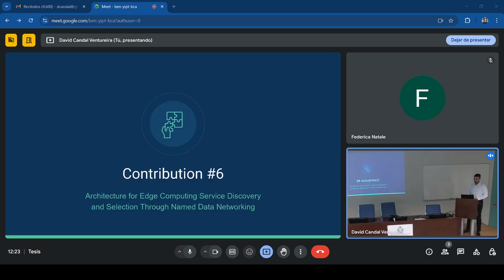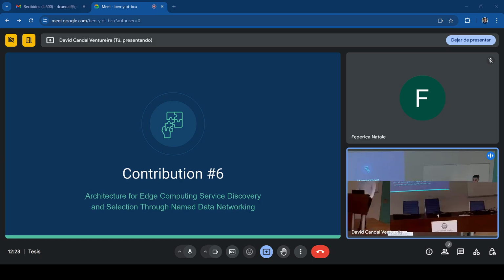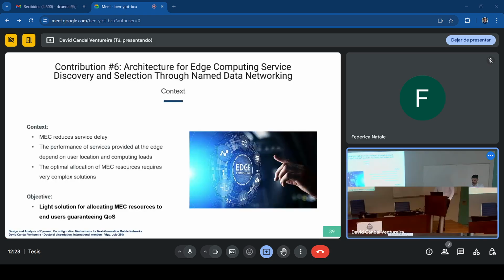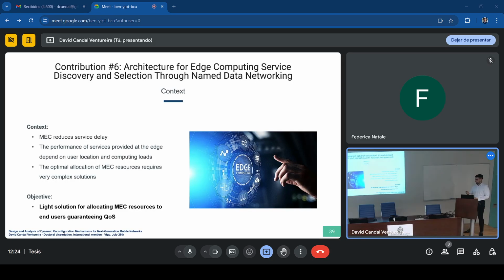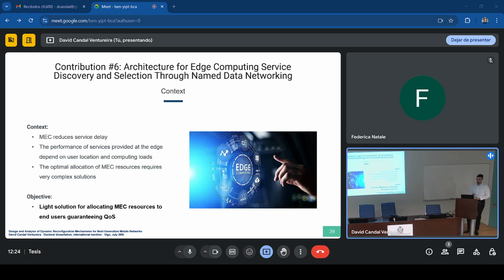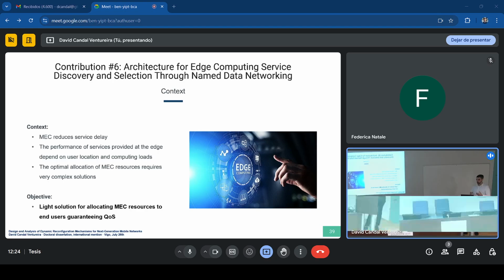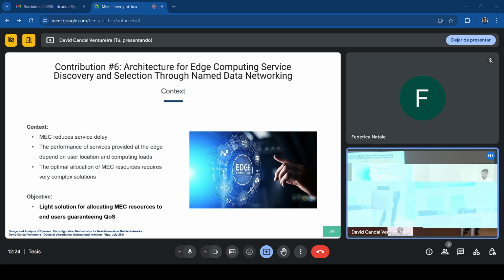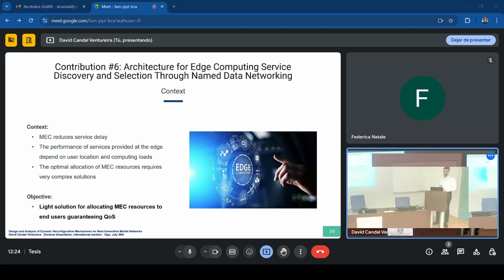Finally, my last contributions target one of the primary challenges of edge computing, which is the allocation of computing resources to end users. This is a complex task. As discussed in the previous chapter, performance may be affected by the distance between the end user and the server where the application is run, but mobile users may hand over to different base stations while consuming the application, so the path between the user and the server may vary during operation.